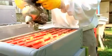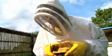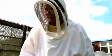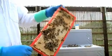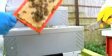In particular, the queen, if she is here, won't want that smoke and she will go down. But I'll have to come back in about 3 days and see if I've got eggs below. Right. The alternative to doing that, Robin, is to shake the bees off the comb. Yes, shake them right into the bottom of the hive. And you just give it a sharp...